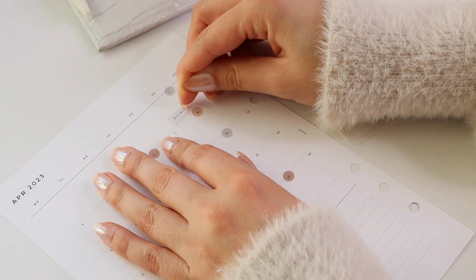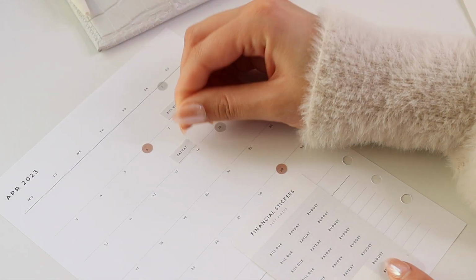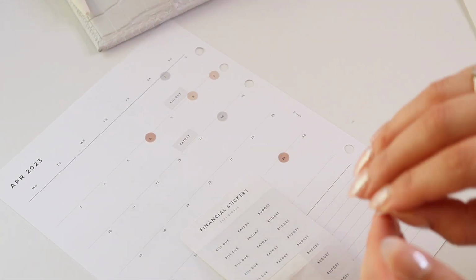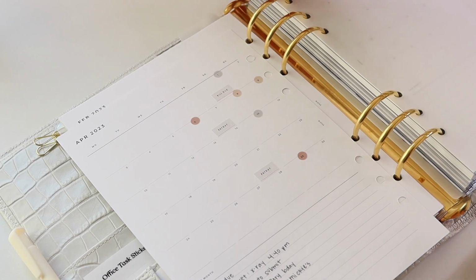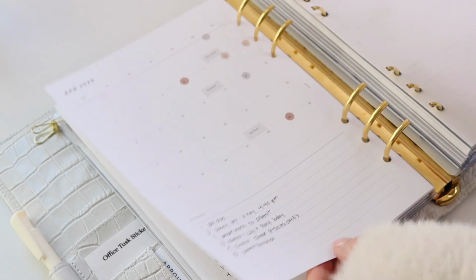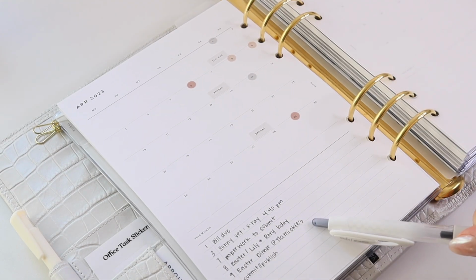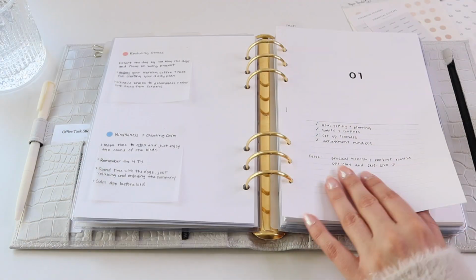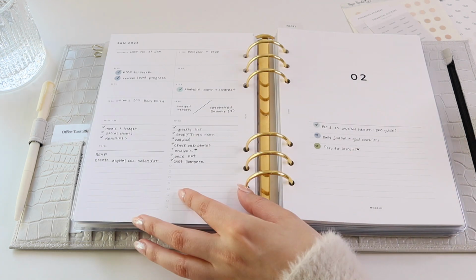For example, this month I have to repurchase their heartworm and flea and tick medication. I usually get 6 months at a time, so this is the month that I'm supposed to restock. So I just wanted to make a note of that, and then we also have some holidays and deadlines in there too. So that's pretty straightforward,